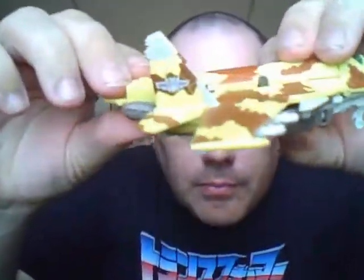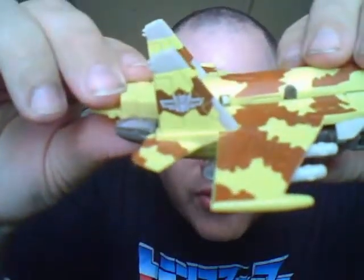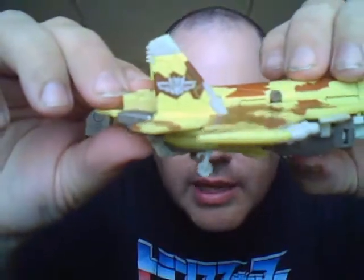Anyway, this is a rather nice alt mode, and there are parts of this I really like. I mean, if we can get a glimpse in on this side of the plane, there's a really nice Decepticon Air Force logo there. I like that a lot. In fact, it's the movie version of the Decepticon logo, which really shows you this is supposedly a movie figure. As I said, came out Walmart exclusive. Walmart demanded a whole bunch of exclusives, and this came out in the same wave as Crankcase and Fracture, who